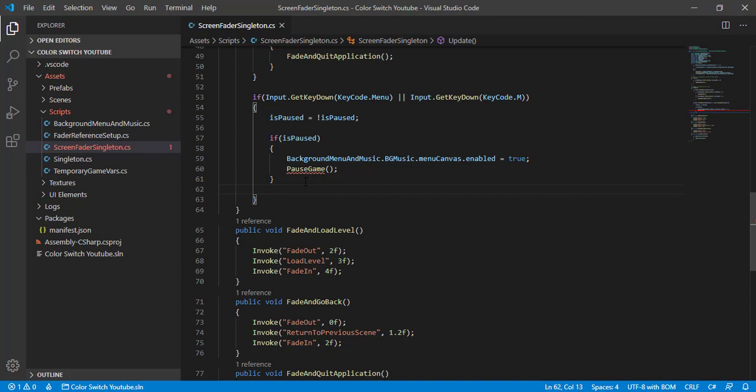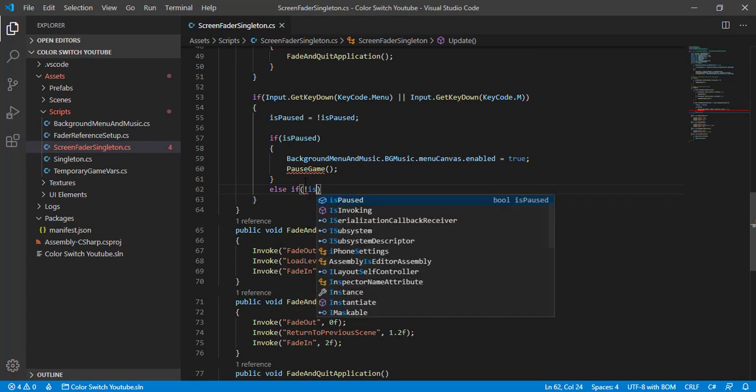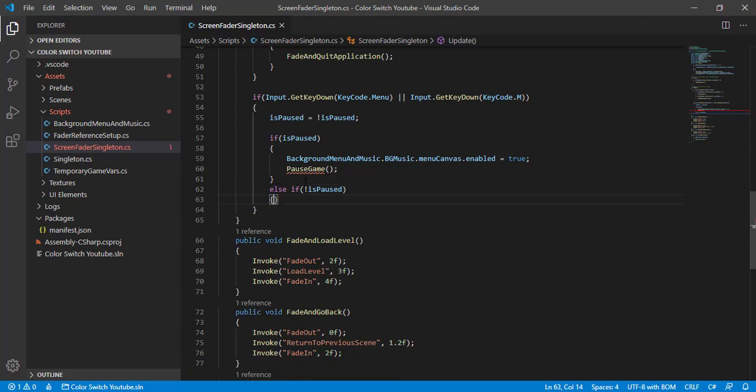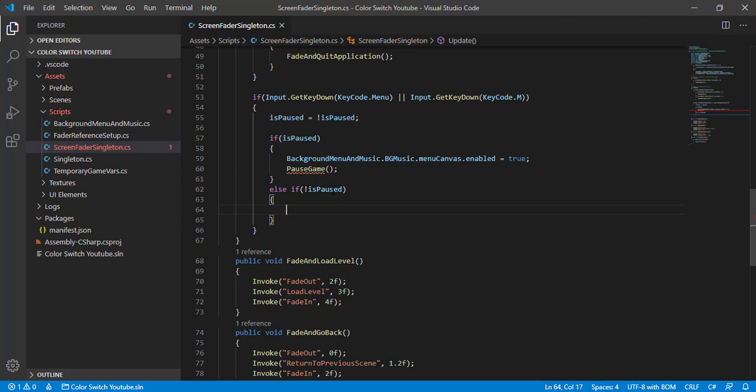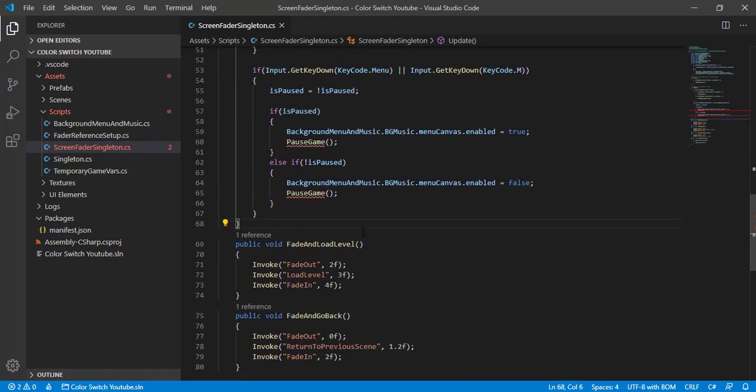Okay, and then if isPaused isn't true, like if it has a value of false, it's a boolean, then we need to deactivate the menu canvas, which can be done by this line of code, and make it false. And then again call this method which will do the main thing. So let's create this method, this PauseGame method,